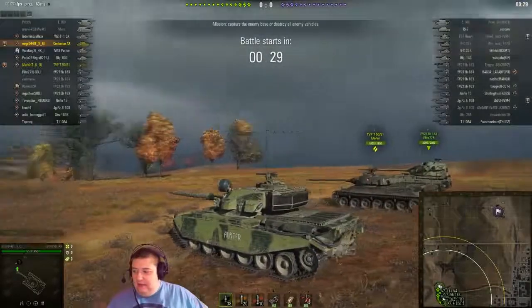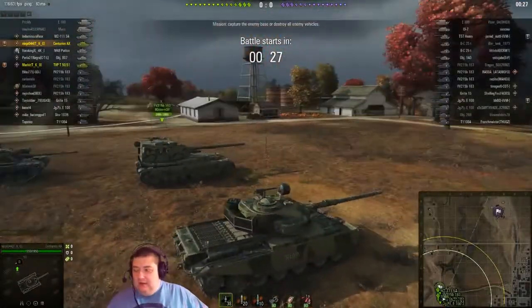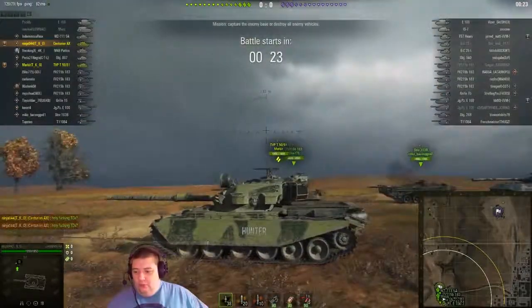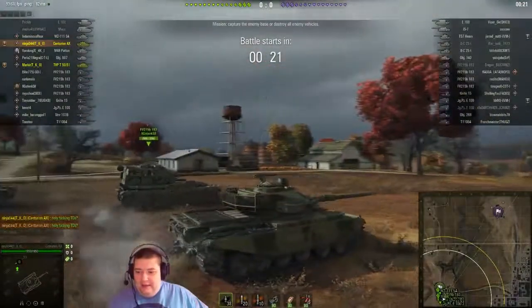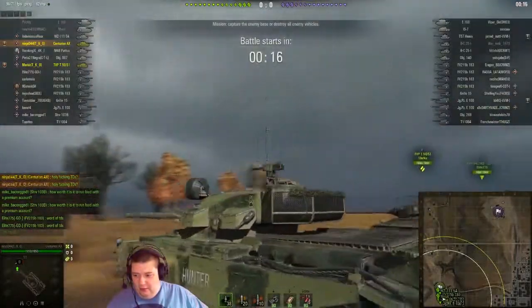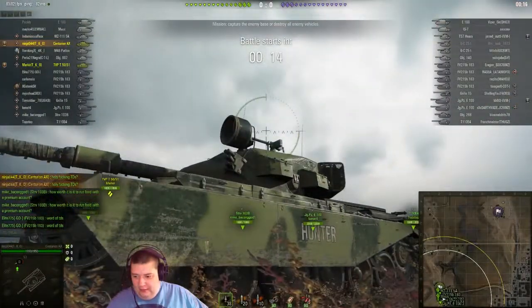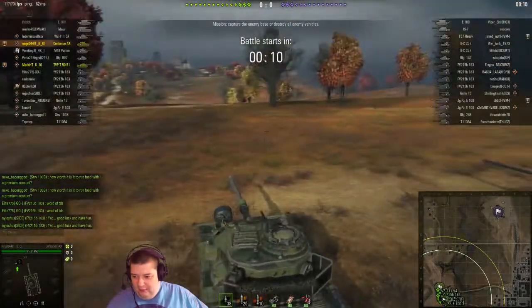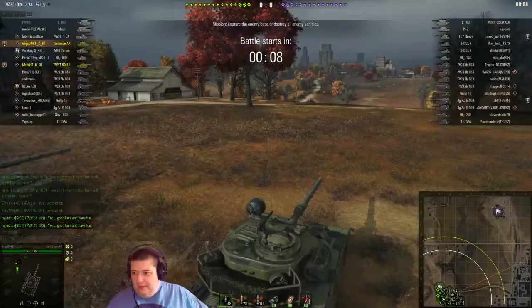As you can see, this is Ninja in his Action X. It's a tier 10 game on Highway, and ooh, I think you can see that he likes this tank. I'm not 100% certain how exactly you might be able to tell that he enjoys this tank. Anyways,